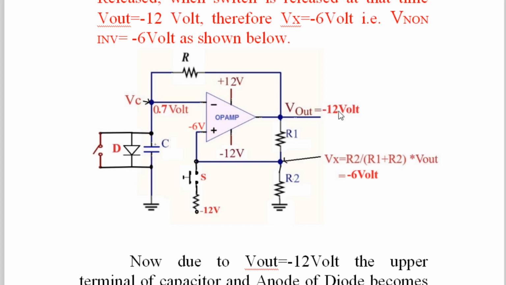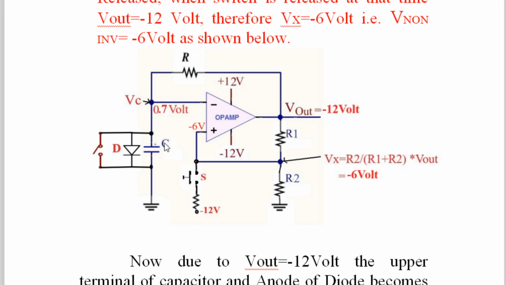So when the output of the op amp is thrown from HVL to LVL, the diode becomes reverse bias. Number two, when the diode becomes reverse bias, what happens here? See, this point which is 12 volt is applied to the capacitor. Earlier also it was applied, but the diode was short circuited and heavily conducting. That's why the capacitor was not charged. The voltage across the capacitor as well as the diode remained the same, 0.7 volt only. Now the moment this goes to minus 12 volt, the diode becomes reverse bias and behaves as an open switch.